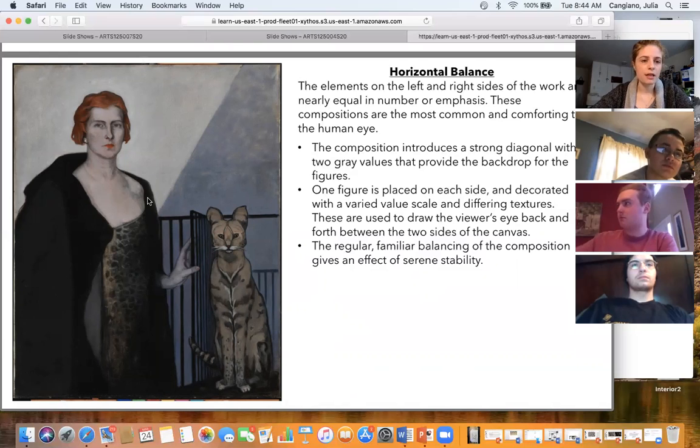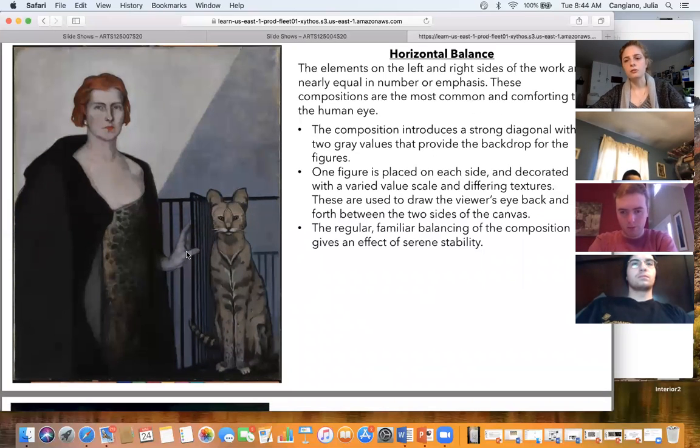But yeah, they're fairly similarly matched in terms of detail too. I mean, obviously the woman is a little bit larger, but there is a lot of really intricate detail on the cat and even on the portrait of the cat. So that's interesting as well. And then you also are having that similarity of this really intense gaze that's happening. So that's interesting as well.